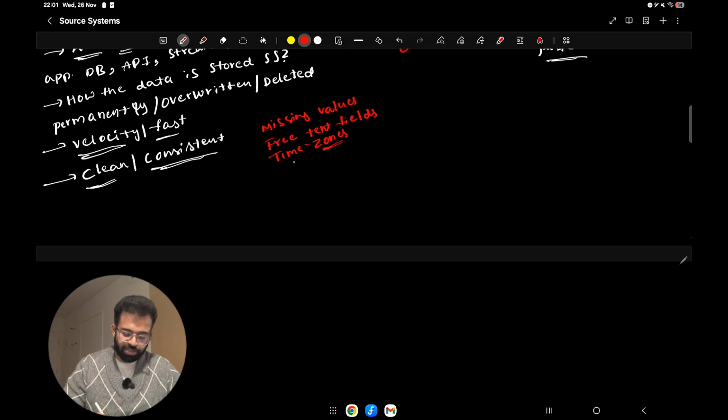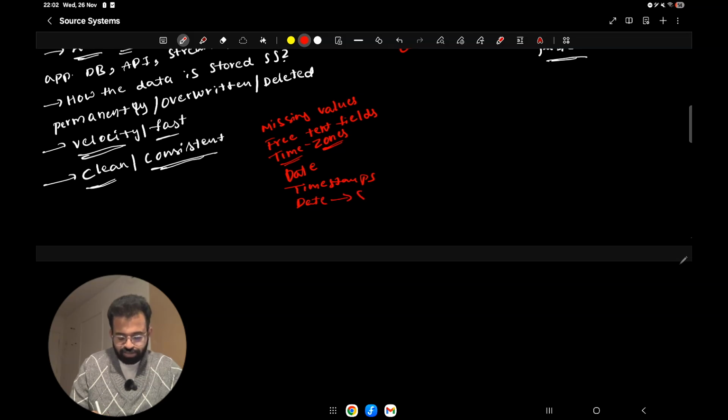Different time zones in the sense that some people will be following standard time zones, but I literally saw in many systems that people have different values from different time zones. And some people will store dates in some columns but timestamps in others, or date values as strings.